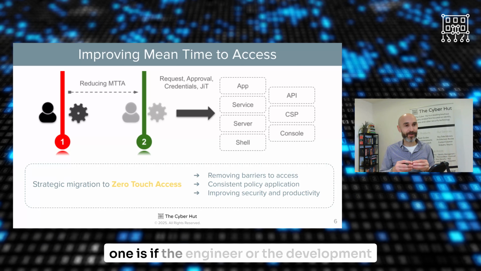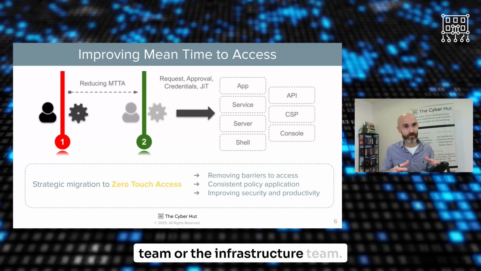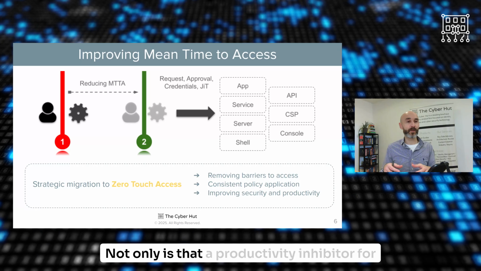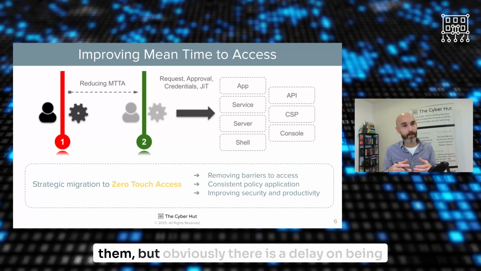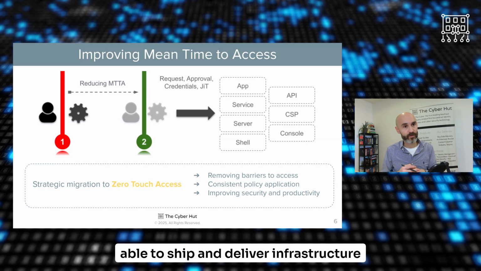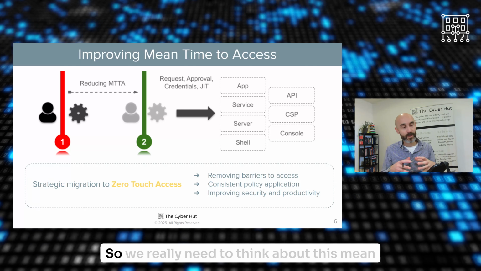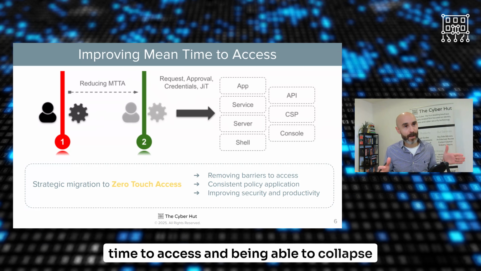One is if the engineer, the development team, or the infrastructure team cannot gain access to those core systems, not only is that a productivity inhibitor for them, but obviously there is a delay on being able to ship and deliver infrastructure, applications, and services to the business as well. So we really need to think about this mean time to access and being able to collapse that gap